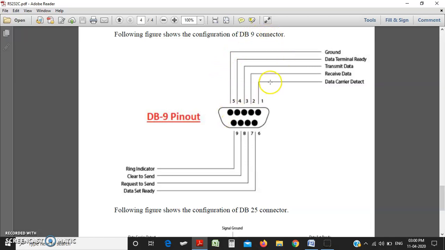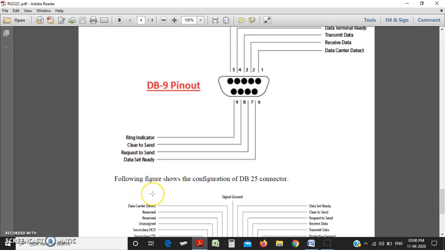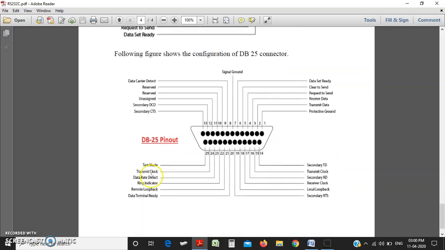As we have seen: ground pin, data terminal ready, transmit data, receive data, data carrier detect, ring indicator, clear to send, request to send, and data set ready pins. As well as we have the 25 pin connector. Some pins are unspecified, some pins are not being used, because 9 pins are enough to communicate.